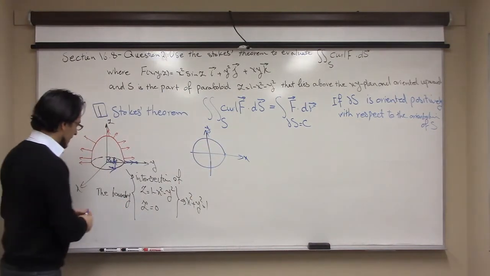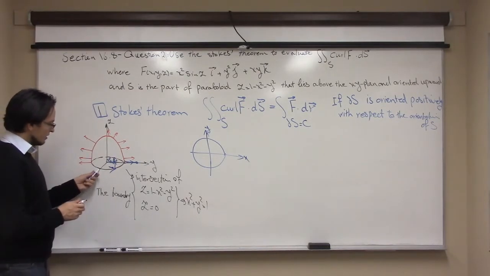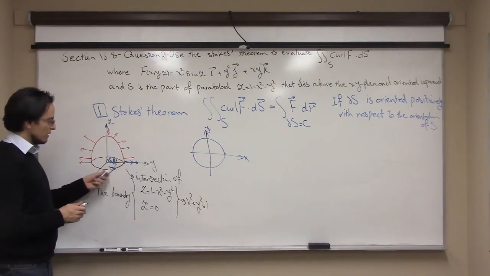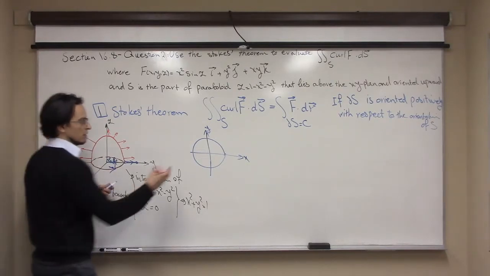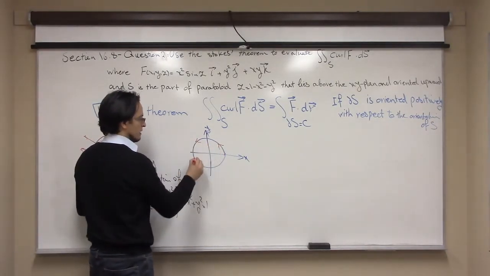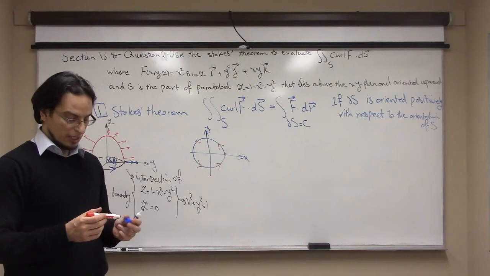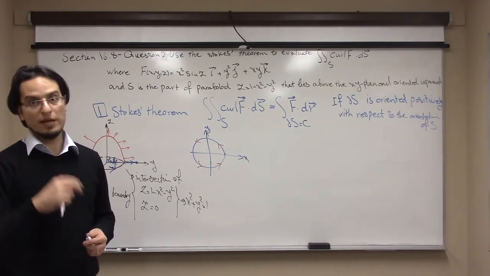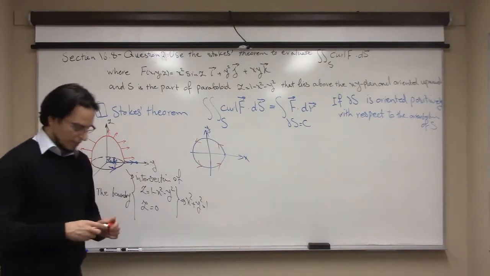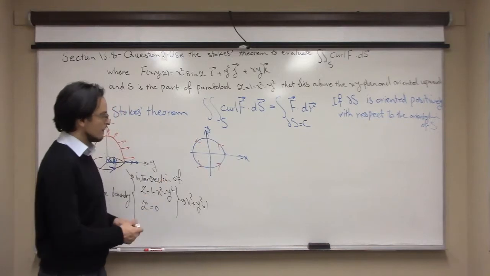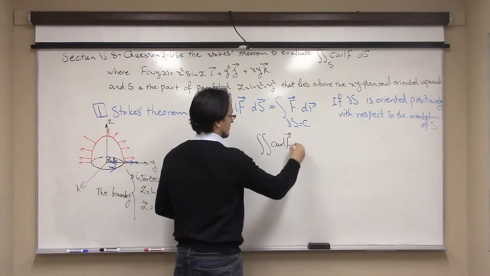Okay, and as you can see from the picture, I start from x and go to y. That's the direction. So you start from x, go to y. That's the direction of the boundary, which is positive with respect to the orientation of the surface. Okay, now everything is set up because I have a curve, and instead of doing the integral of curl of f dS over S,